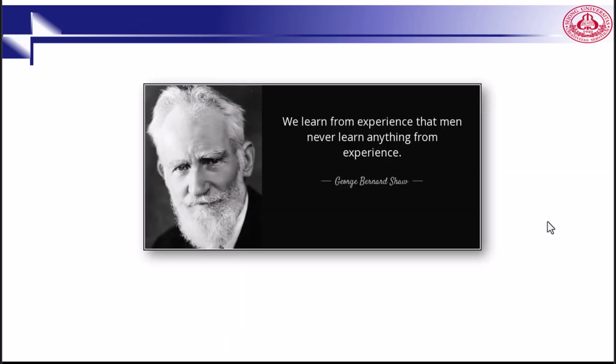Before continuing, I'd like to talk about this quote from George Bernard Shaw. He says, "We human beings learn from experience that men never learn anything from experience." This quote offers a cynical but insightful contrast to the core premise of reinforcement learning. While Shaw highlights humanity's recurring failures to internalize lessons due to complex motivations and biases, an RL agent is precisely designed to overcome this problem. How? By acting as a rational, reward-maximizing entity with a clear objective. Reinforcement learning algorithms systematically adjust behavior based on environment feedback. It means it must learn from experience if the reward function is well defined and sufficient exploration occurs.